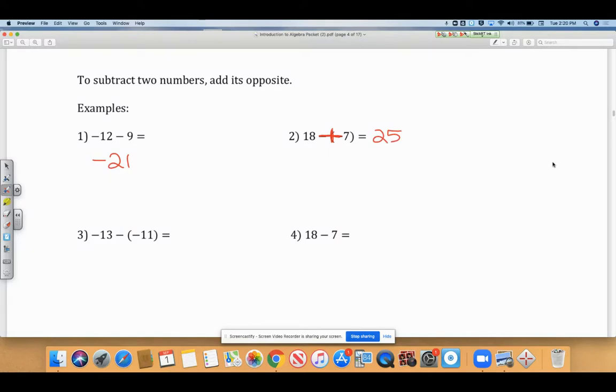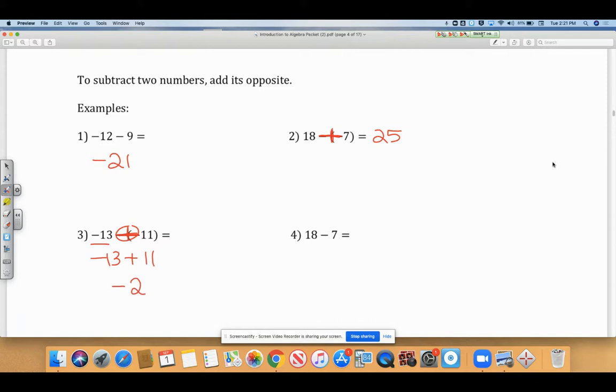Same thing's going to happen in number 3, but we have to just be careful with the negatives. So we're going to start at -13 on the number line, and then this crazy thing happens right here, minus a negative again. But when you're taking away negative numbers, that's the same thing as addition. Double negatives turn into a positive. So this is actually going to be -13 plus 11. So if we were thinking of the number line, we start at -13, we move 11 spots to the right, that's going to bring us to a